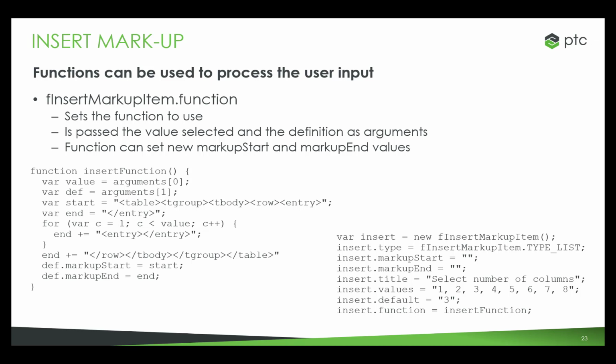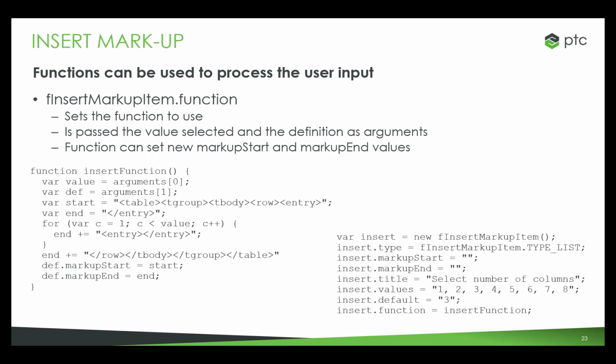So as you can see over here in the definition, over on the right-hand side, the user can select whether they want 1, 2, 3, 4, 5, 6, 7, or 8 columns. The code will take that value and then create a dummy table which has the correct number of entries, and apply those entries to the markup start and markup end definitions for that insert markup definition, so that when the APP or ALD gets to insert that string, it's got an updated version based on the result of that